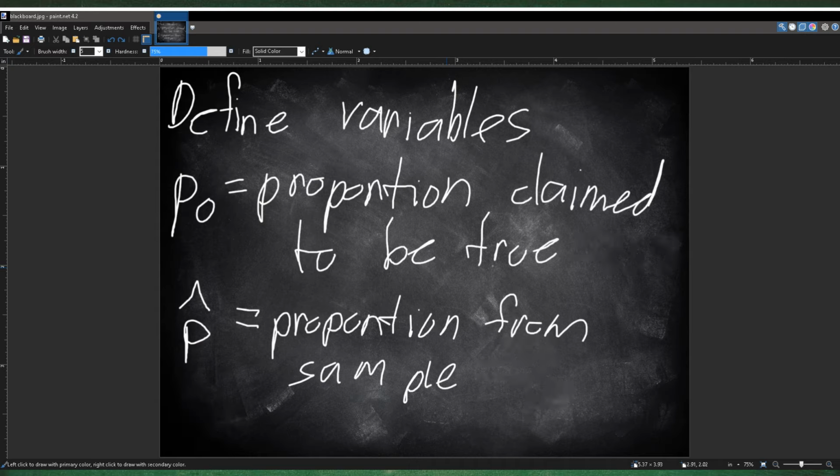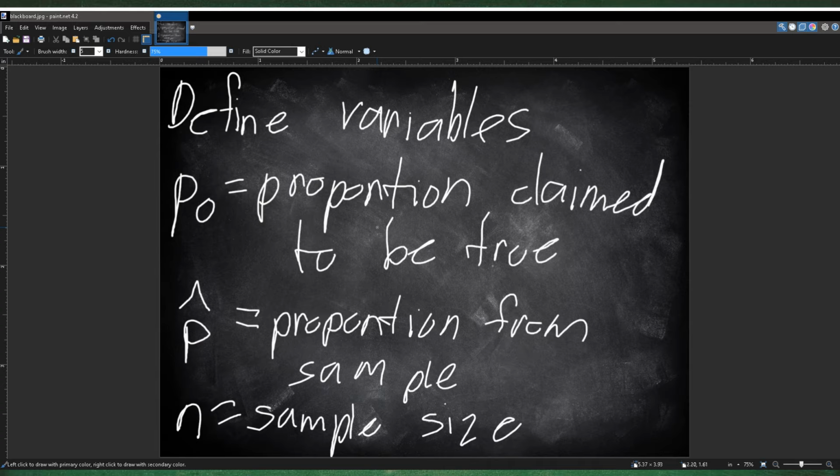Okay. And then usually you just need to find the P0, which is the proportion claimed to be true, the p hat, and the n, which you always have to write as the sample size. But you have to write all these in context. So you can't just say proportion claimed to be true. Claimed to be true of what? So proportion of red chocolate claimed to be inside the box,